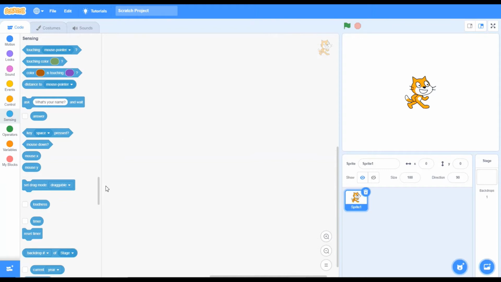Today I will teach you how to create an animation in Scratch, the solar system animation, all the 8 planets. But in one video I can't show all the 8 planets, so today I will show you the coding of the animation of the first 4 planets, and how it will rotate. It's gonna be awesome.